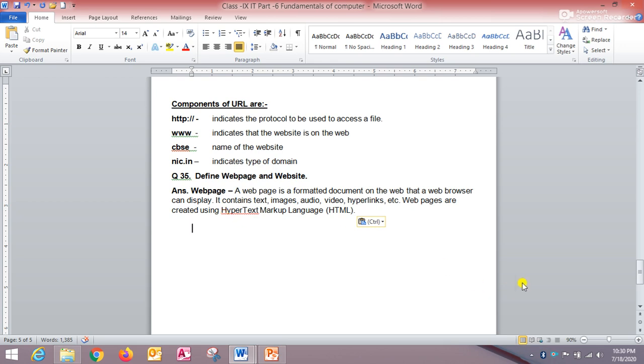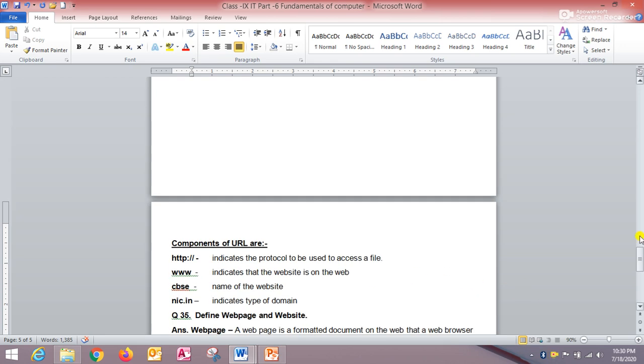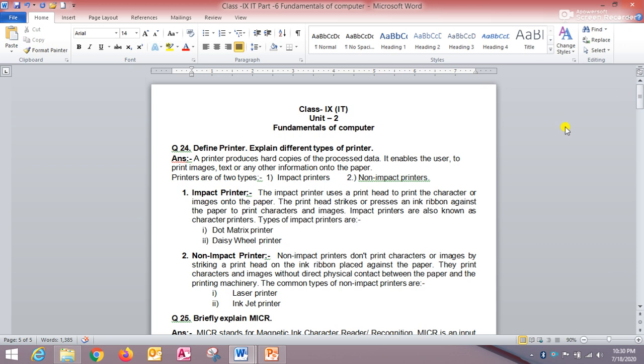Next is find and replace. How can we find a text? Find means while looking for certain words in large documents, it is very inconvenient to go through the entire text. If you want to look for a particular word in your document, then it is impossible to find that particular word manually. So for that purpose we use the find command.